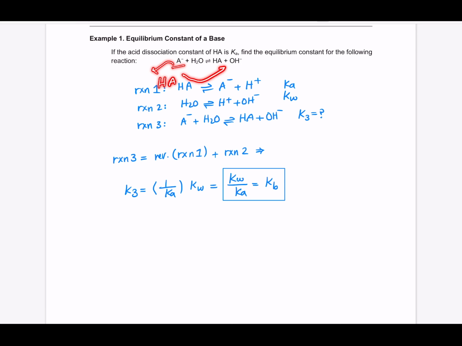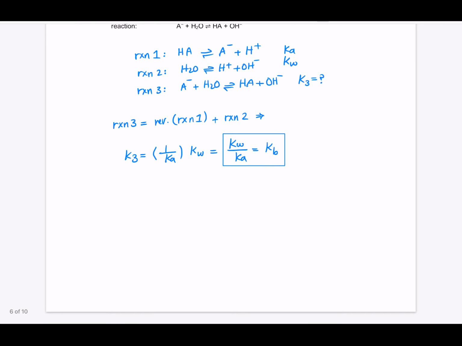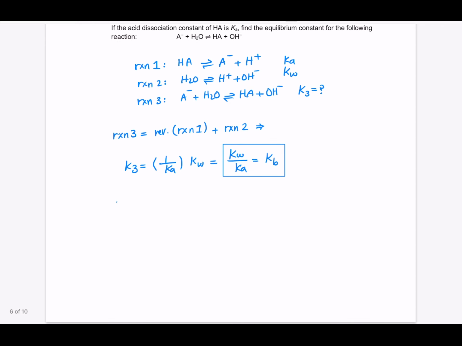And this reaction is the format of the reaction, the standard reaction we write, in which we are forming OH minus instead of H plus. But you don't see this often in this course. So it's very similar to what we talk about in terms of the acid, but we focus on the acid just to avoid confusion. So as I mentioned, A minus is the conjugate base for HA,